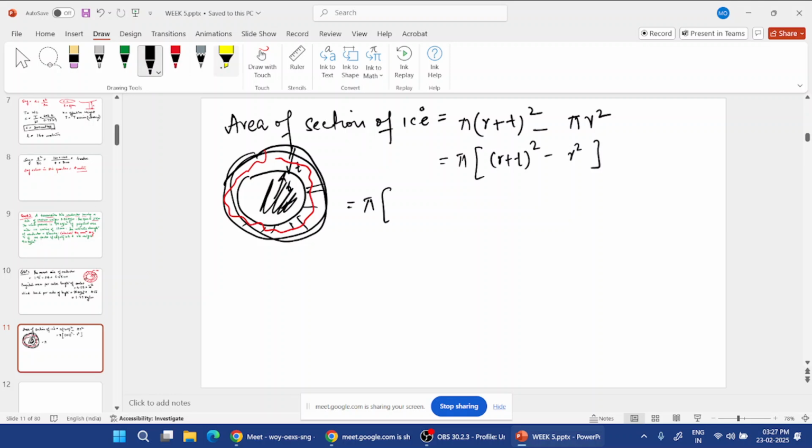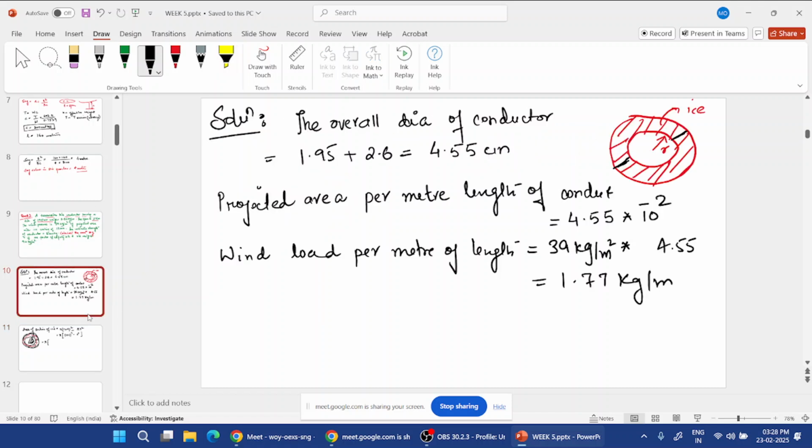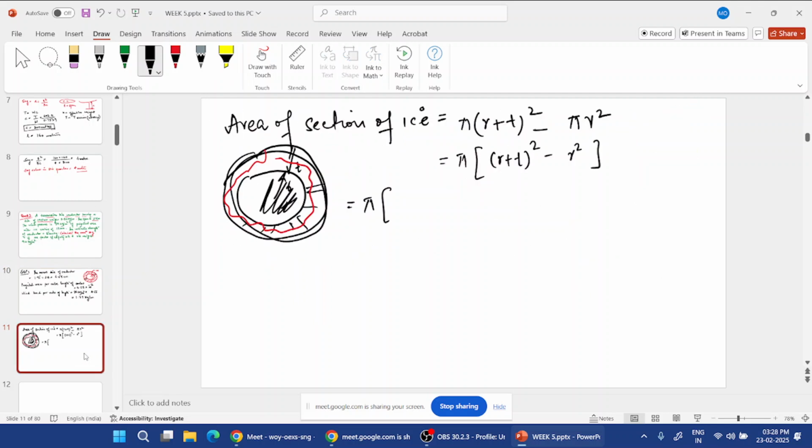What is R? We have just calculated how much R is. R plus T. So let me give you what is overall dia. It's 4.55. Let me calculate it for you. What is R plus T? So 4.55 divided by 2 plus 1.3. So it will come out to be